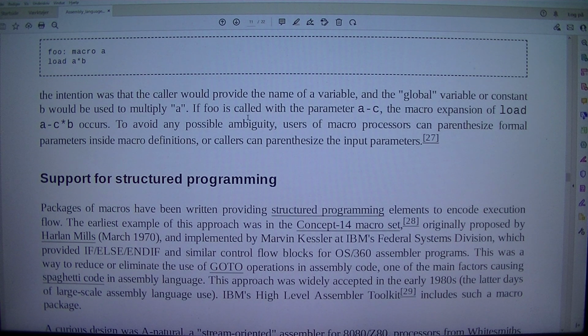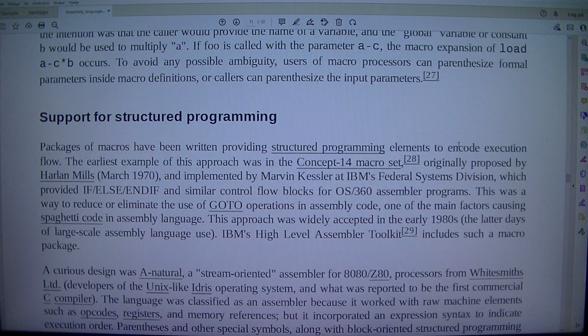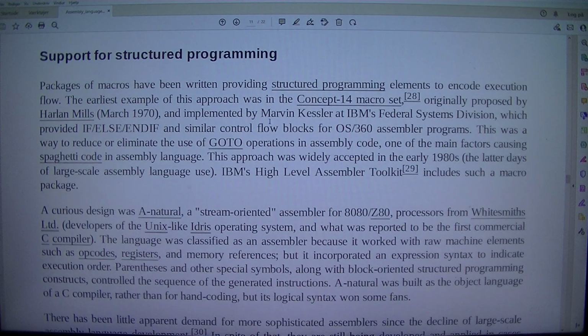If foo is called with the parameter AC, the macro expansion of loader *b occurs. To avoid any possible ambiguity, users of macro processors can parenthesize formal parameters inside macro definitions, or callers can parenthesize the input parameters. [27]